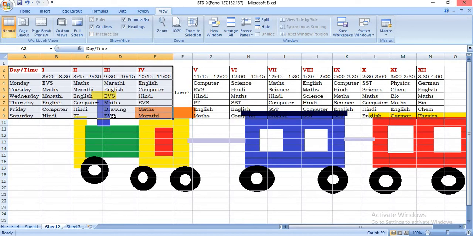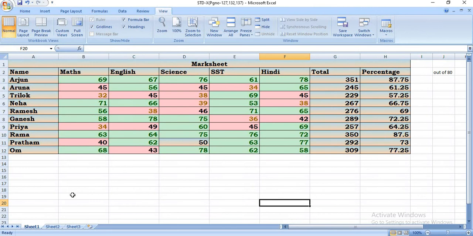So this is your data, a sheet having 5 subjects and multiple student names. In that, if you want to calculate the total, you will get the total of B3 to F3. So this is F3. So you will get the total of these 5 subjects.